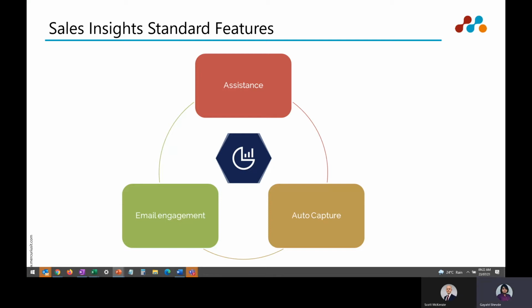Email engagement, where you will be able to see the recipients who have opened your message, clicked a link, opened any attachment or sent any reply to you. You can schedule an email whenever it needs to be sent, and the system will also alert you when the email is to be sent after it is scheduled.